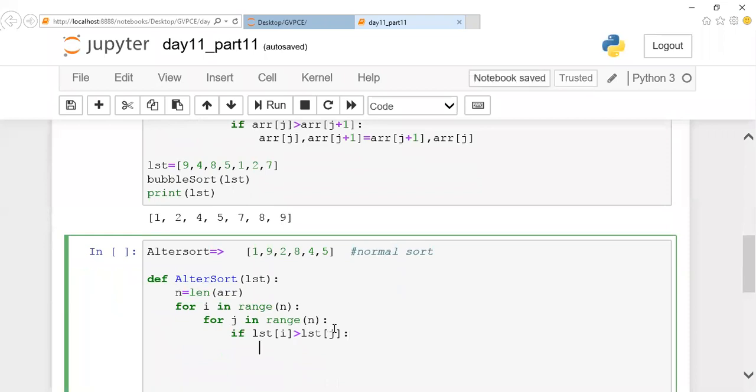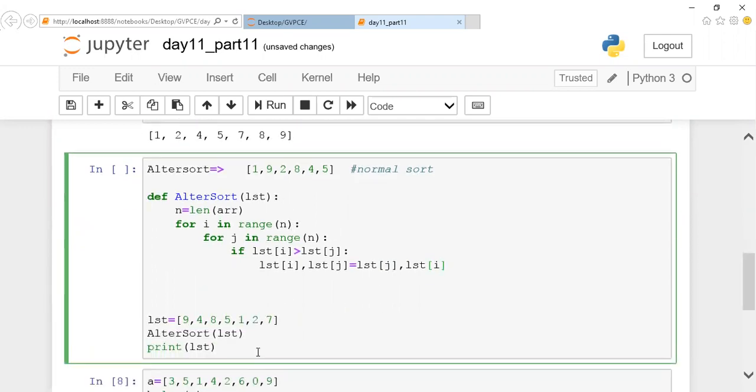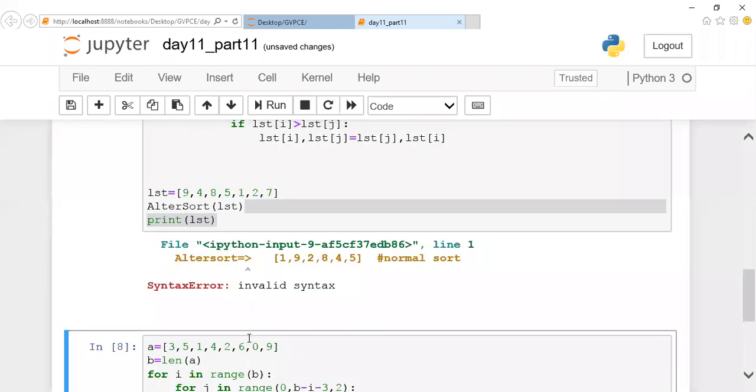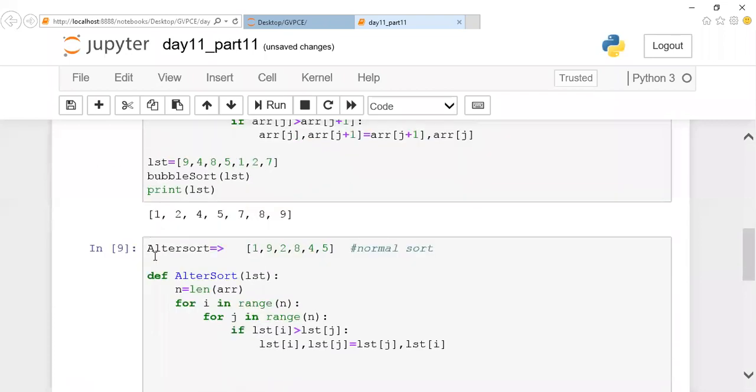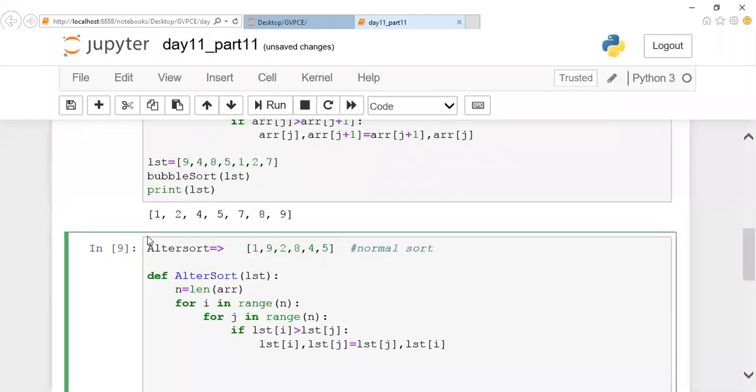So here you mention list of I, comma list of J, assign list of J, comma list of I. So what happens here? What is the logic for this, guys? What will happen here? Oh, command line. Okay, just give me a second. Let me comment it.